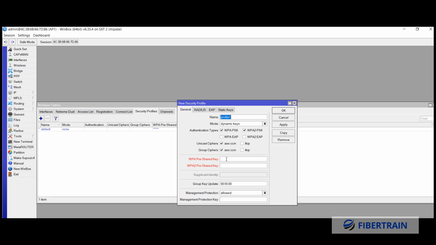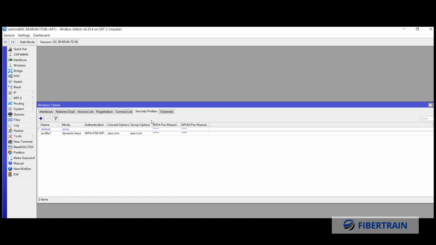And then I'm going to use something basic, ABC12345 hash. For now, I'm going to reconfigure this device later and use a very strong password. So I'm going to apply,